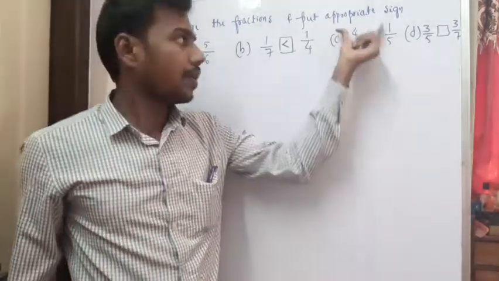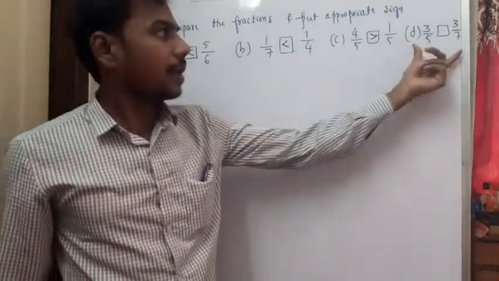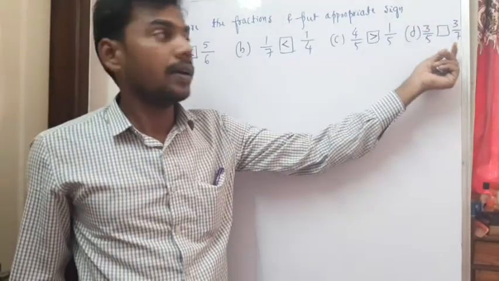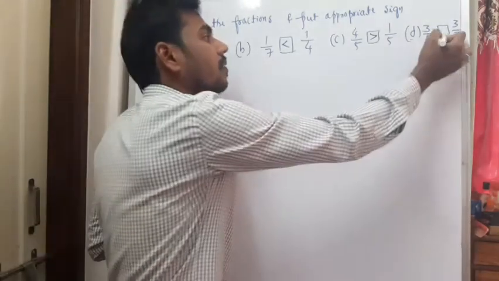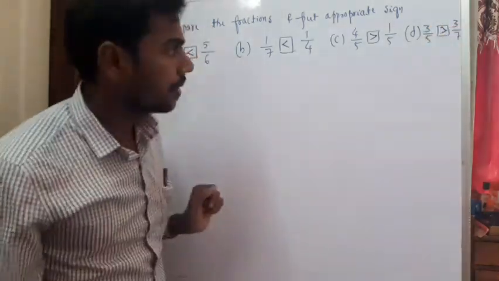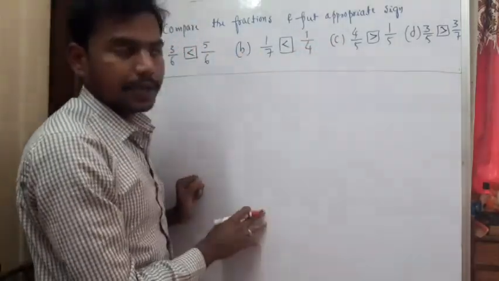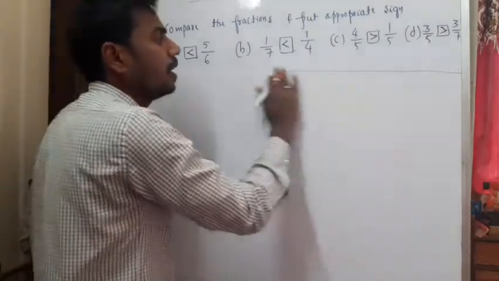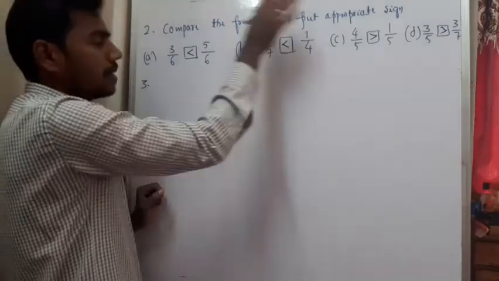Denominator is same. So 4 by 5 is greater than 1 by 5. Here numerator is same. Look for the denominator, and denominator with the lesser number will be greater. 3 by 5 will be greater than 3 by 7. So that's it, and this is based on the introduction. If you have not gone through the introduction video, just go through it, then you will understand. So next, third main. So before that, please note this down.